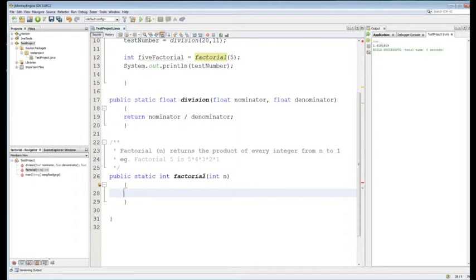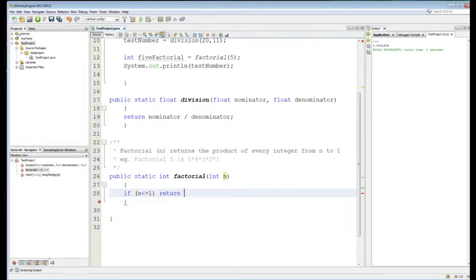So what we're going to say is every recursive function needs what's called a base case. Basically, it needs a way to stop. Otherwise, it'll infinite loop on itself. The way that a factorial will stop is if we get to 1, or if we never get to 1, like if it's negative or whatever. So we're going to say if n is less than or equal to 1,